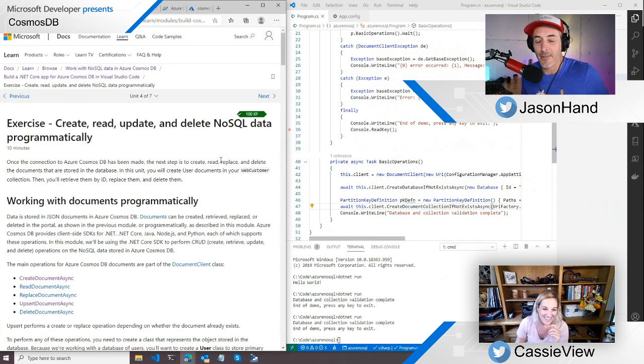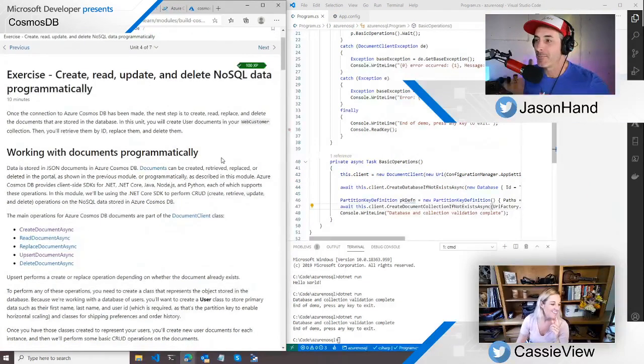That's one of the fun things about the Learn modules. Sometimes I'm a little surprised by what you can actually do, even without an Azure account. Yeah, right. And this will actually create a sandbox environment, so you can go through this Learn module, from my understanding, without actually creating an Azure account.